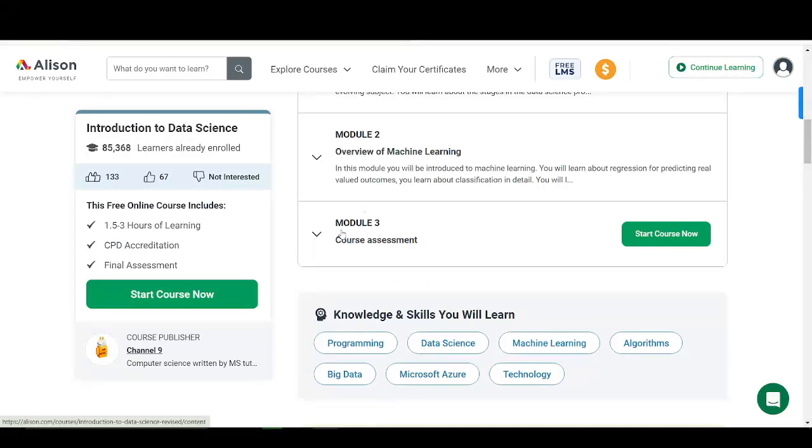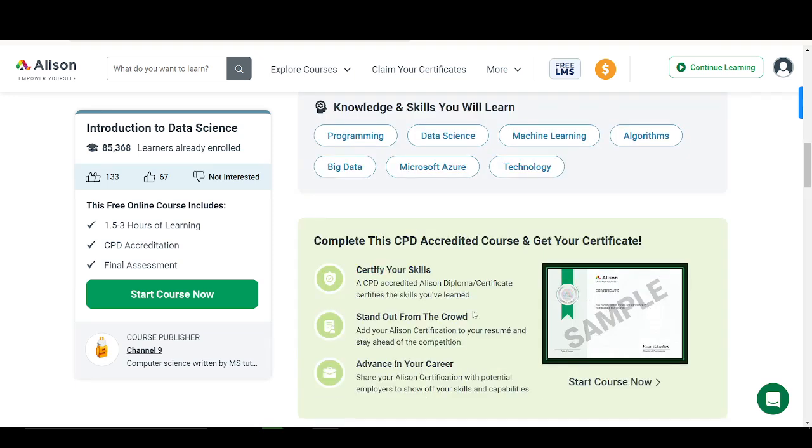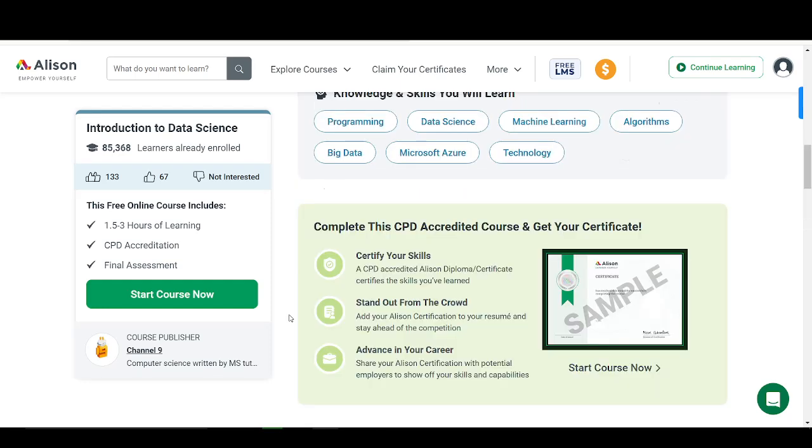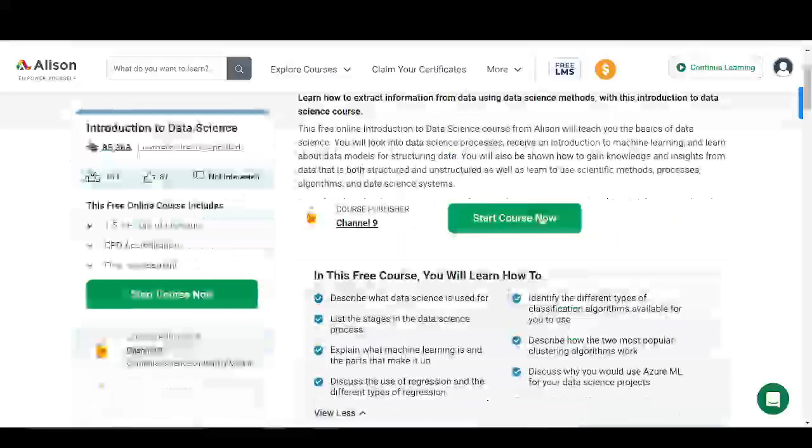Upon completion of this module 3, and once you hit the pass mark, I think maybe 80% or 75%, you're going to be awarded a certificate. Exactly. All right. So if you look at the reviews so far, you're going to see that it's very impressive, very informative and interesting. So once you're on this page and you want to get started, you can just click here, start course